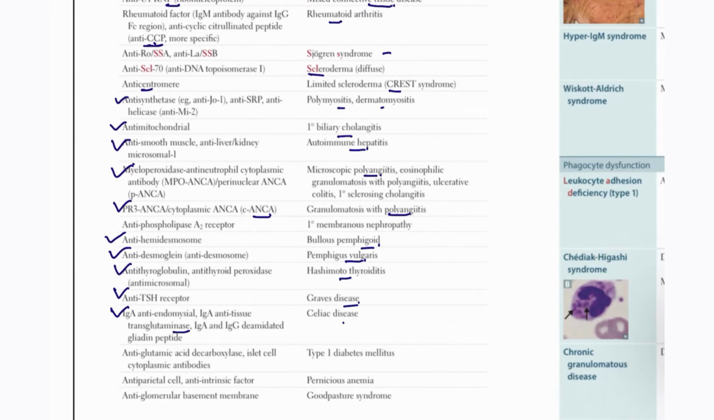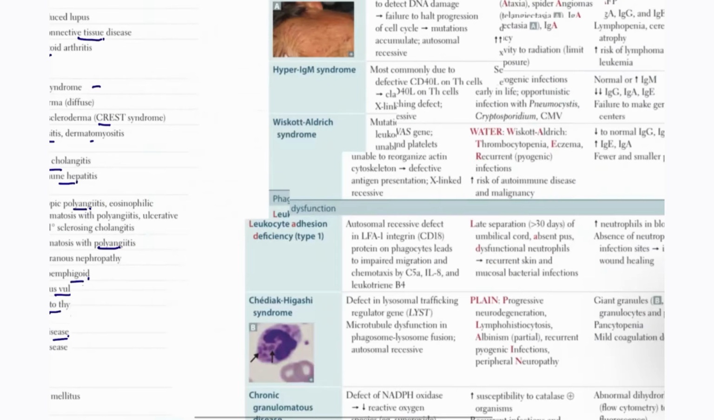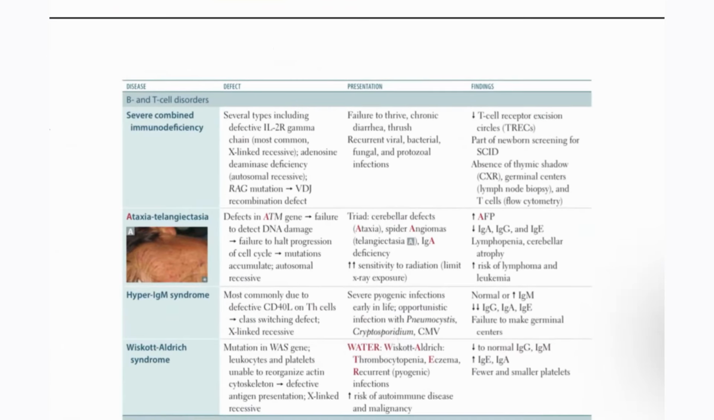transglutaminase, celiac disease, anti-islet cell, that is for type 1 diabetes, anti-parietal cell, anti-intrinsic factor, pernicious anemia, anti-glomerular basement membrane, Goodpasture syndrome. Next, some of the immunodeficiency syndromes, severe combined immunodeficiency, which will be RAG mutation and adenosine